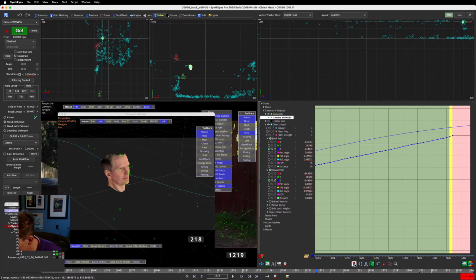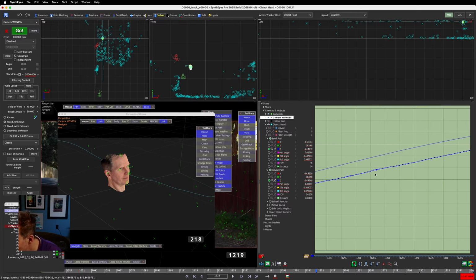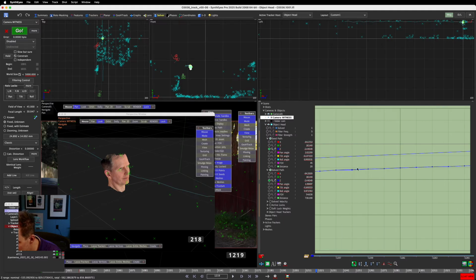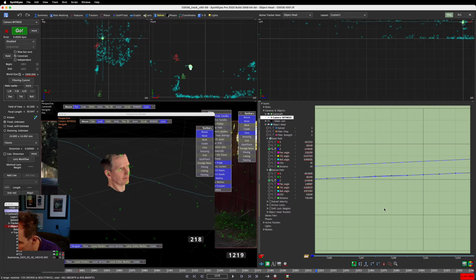Okay, well, we're going to do it this way. Let's go back to just select. And I'm going to just delete some of the keyframes out of here. So you see here, you've got the seed path and the solved path, and they're right on top of each other. They're really, really tight. And depending on the weight that you assign, that's going to be,